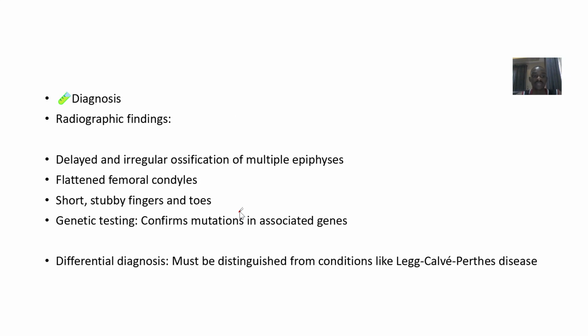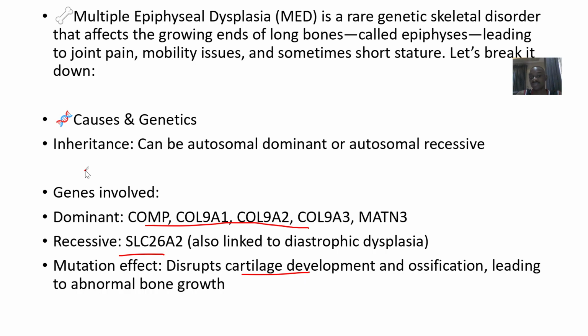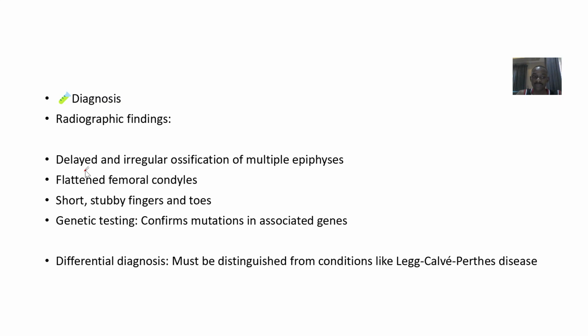Alright, so diagnosis is radiographic findings. You get to see delayed or irregular ossification of multiple epiphyses, flattened femoral condyles, and short or stubby fingers or toes. For genetic testing, you basically test for all these genes to see if any one of them is mutated. Then differential diagnosis: you have to differentiate it from a condition known as Legg-Calvé-Perthes